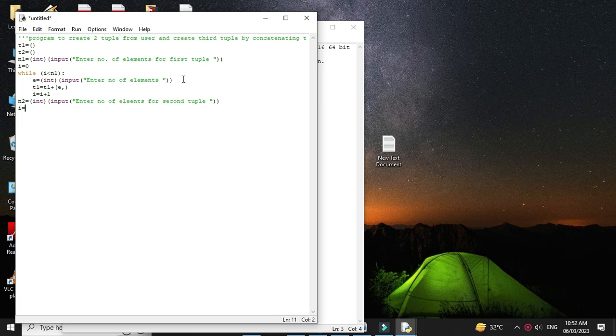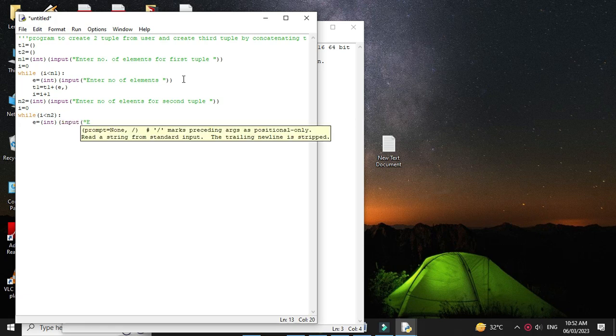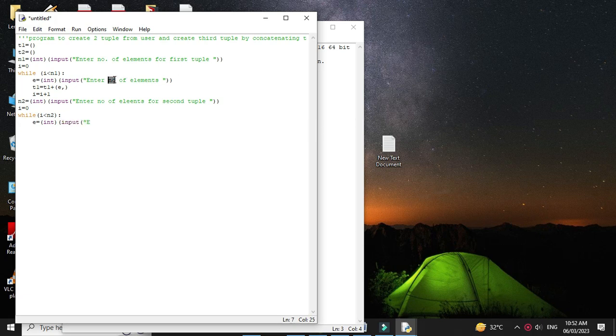Again we will initialize I as 0, and we will use a while loop. So while I less than N2, and we will accept the element in E. So E equal to int input. Here we will print enter element, and we will append it to T2. So T2 equal to T2 plus E and comma, and we will increment I as I equal to I plus 1,